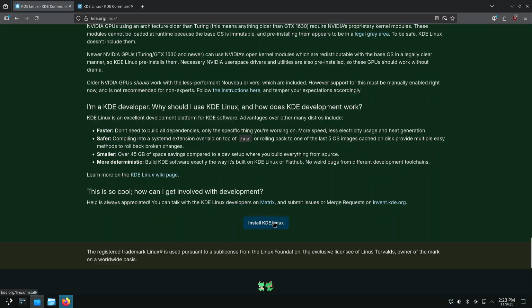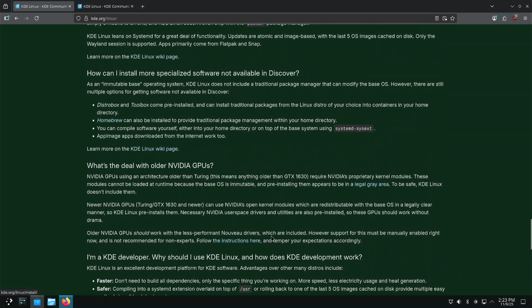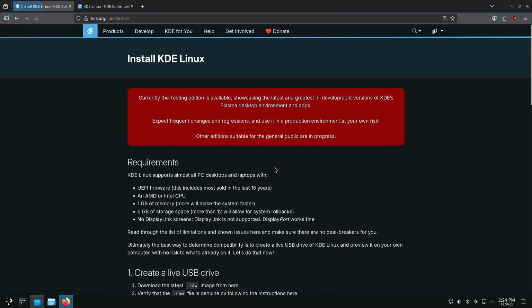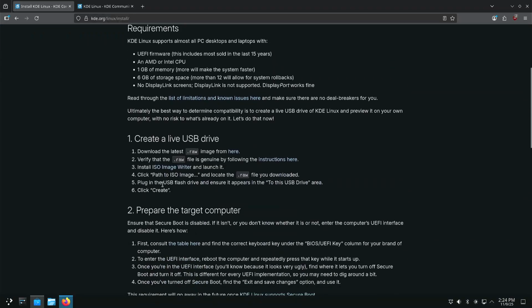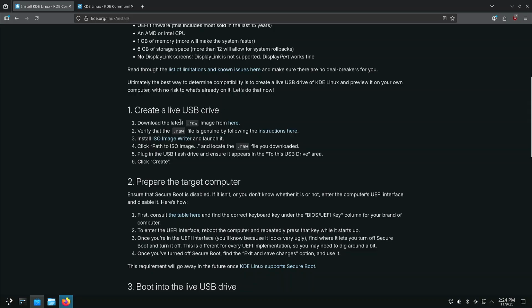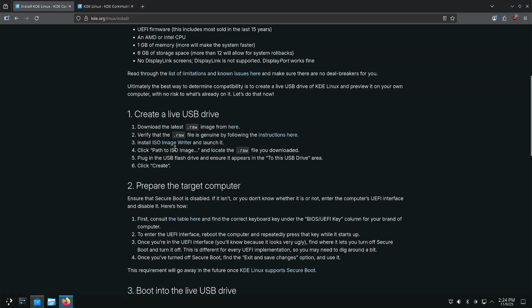All right. And you can read all about this. They do have a little list of things that you need to get started. First, you got to create a live USB. There's step-by-step instructions. I will say, I did mention the raw file before, and they mentioned ISO Image Writer. I wanted to go ahead and do this their way. So